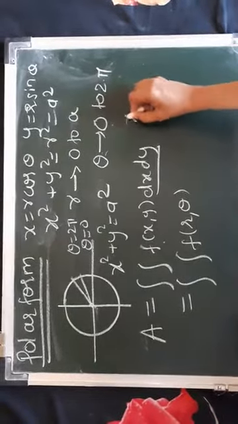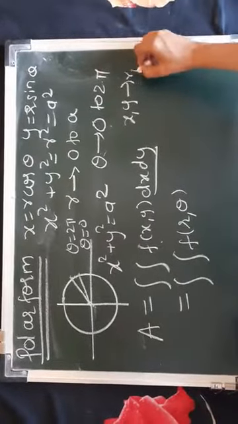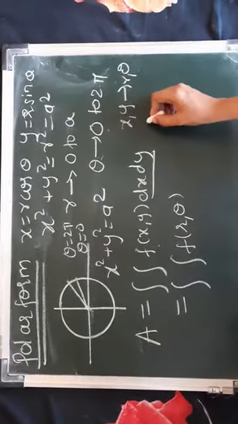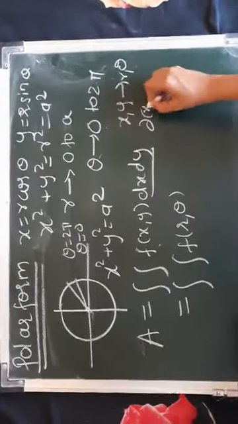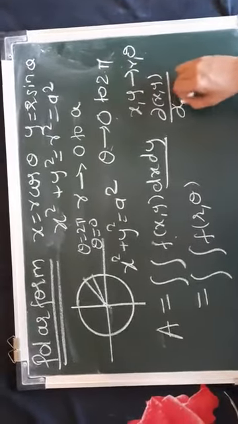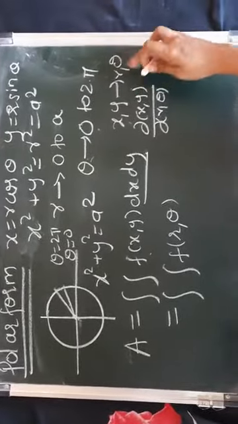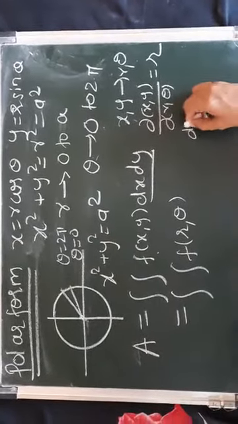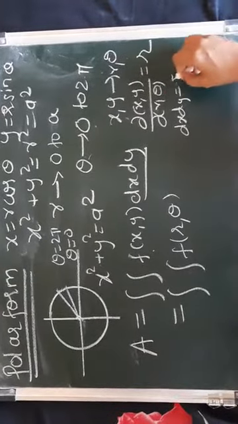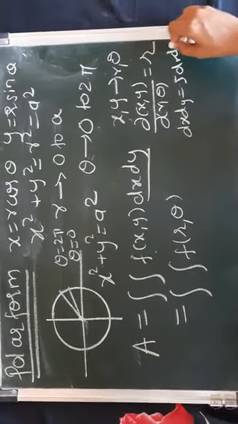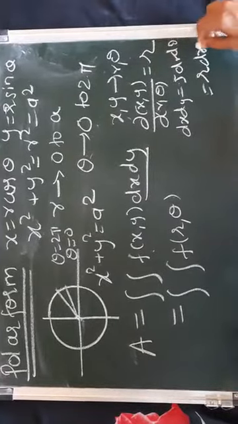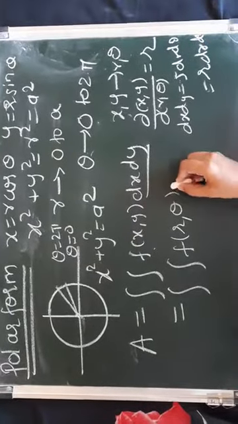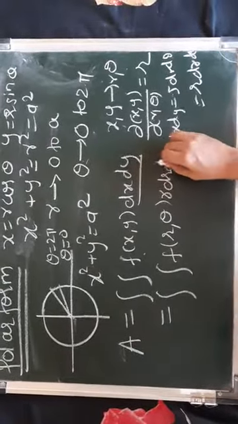If I want to transform x, y to r, theta, I have to make use of the multiplying factor, the Jacobian of x, y with respect to r, theta, which transforms x, y to r, theta, and we have proved that it turns out to be r. Therefore dx dy, which is Jacobian into dr d theta, will become r dr d theta.